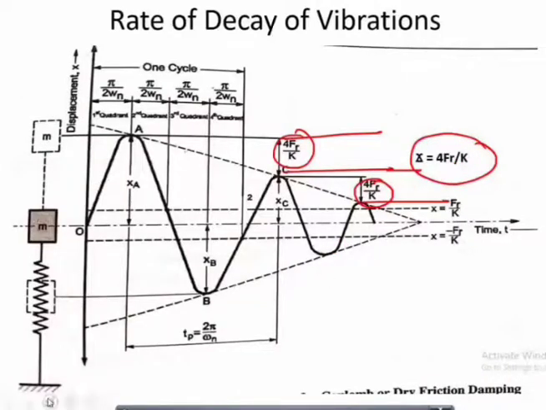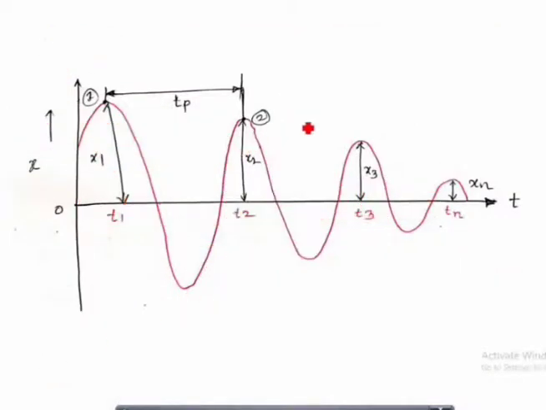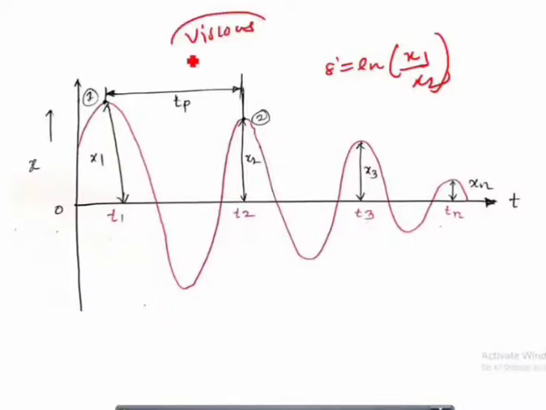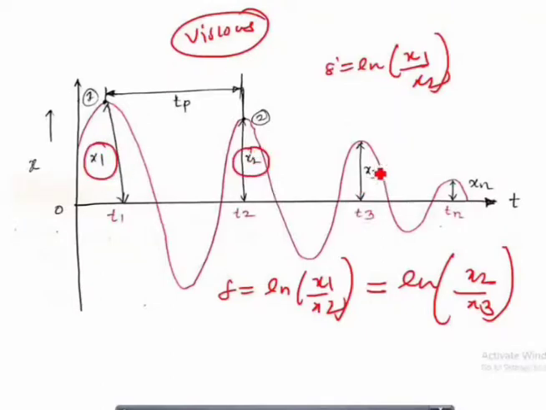To be more precise, let me take an example of a logarithmic decrement. Let us say del is the ln of x1 upon x2. Now, this is a diagram for viscous damping. In viscous damping, the ratio of any two successive amplitudes, del is equal to ln of x1 by x2, is constant. If you take x1 upon x2, or even x2 upon x3, that remains constant in case of viscous damping.